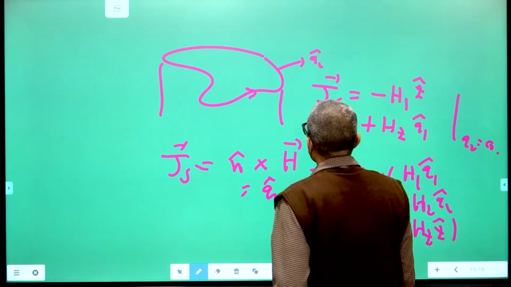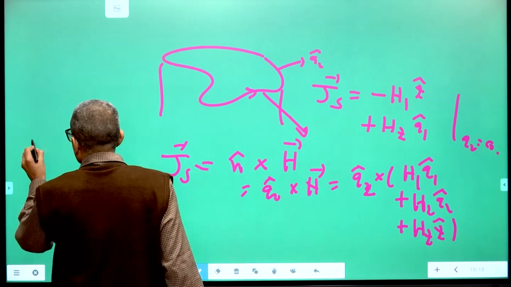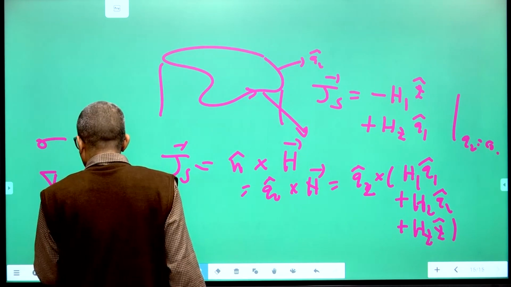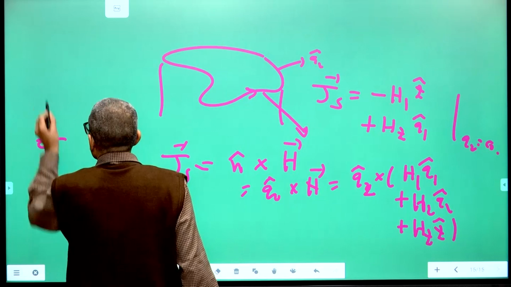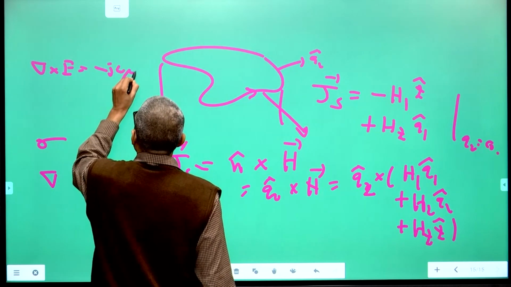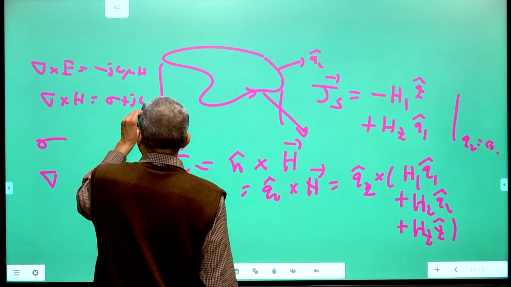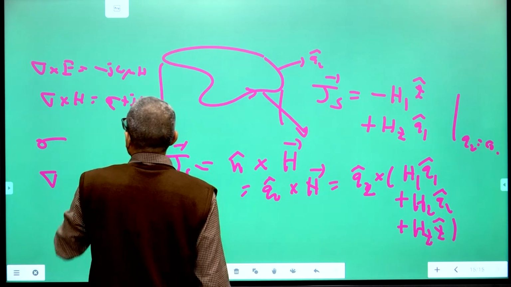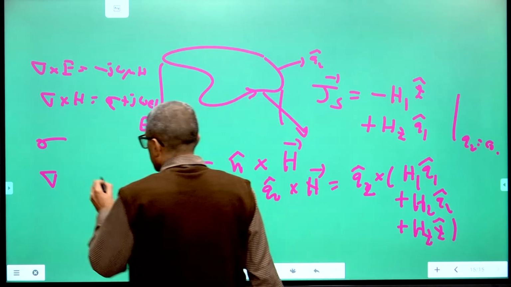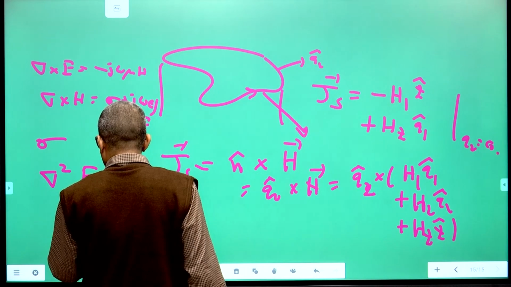So now you want to see how much power is dissipated. You know from basic Maxwell's equations the propagation constant in a conducting medium. You can derive the equation from Maxwell's equations if you use, say, del cross E is equal to minus j omega mu H, and del cross H is equal to sigma plus j omega epsilon E. If you use these two equations along with the fact that del dot H and del dot E are 0, you get the propagation equation as del square E and del square H, right. So del square E comma H